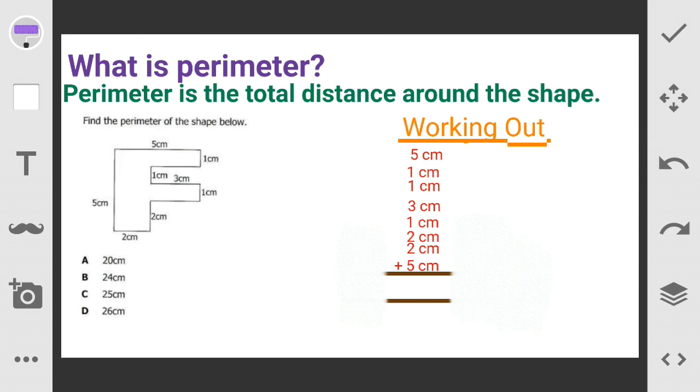So let's start together to add. Maybe before we add, let us write centimeter in advance, because centimeters, the units, they are not going to change, so we write them in advance. Then we start: 5 plus 1 plus 1, 5 plus 1, that is 6, plus 1, 7, plus 3, 10, plus 1, 11, plus